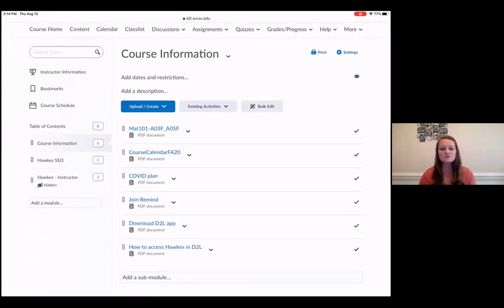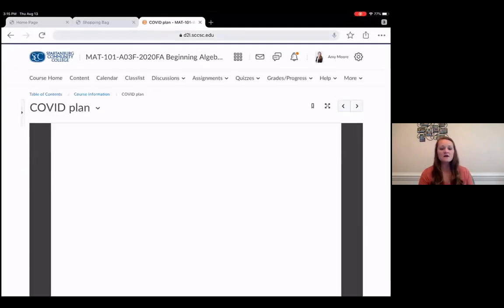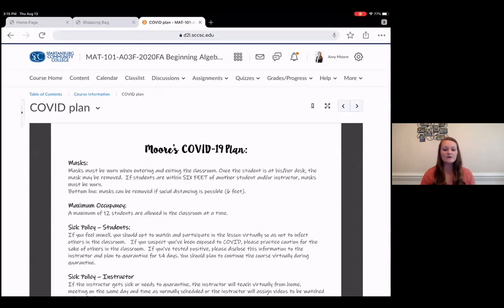There is going to be another video specific to Zoom, but under D2L right now, you can see the COVID plan. If you do come to campus, you do have to wear a mask. If you are within 6 feet of people, you are required to wear a mask. If you are outside of 6 feet of someone else, you are free to remove your mask. When you are in the hallways, it is mandatory. The only time that you are allowed to remove your mask is once you get into class and you are sitting in your seat. You can then remove your mask if you would like. If not, you can keep it on for the remainder of class.